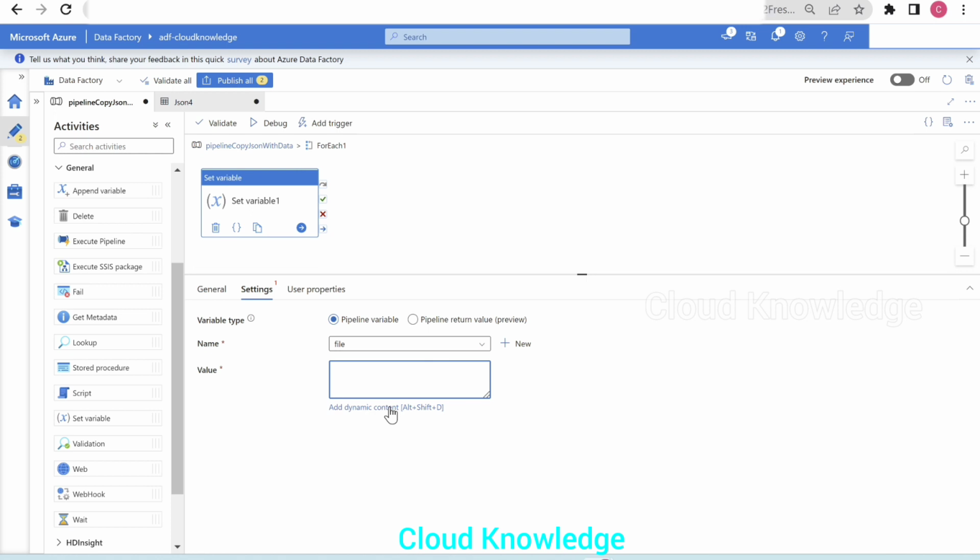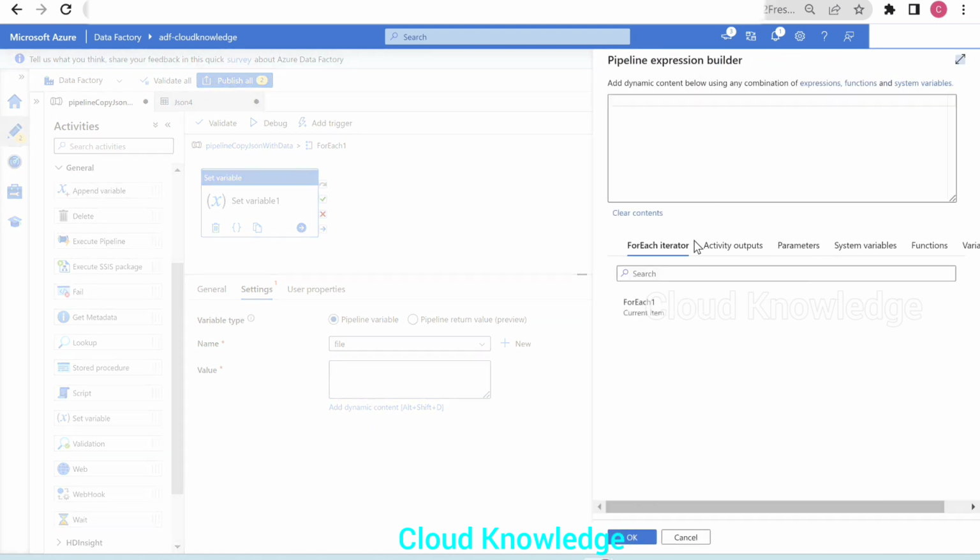Now the value. In the value of the variable, we'll click on add dynamic content, and the value will be for each current item. That is, for each of the items coming from the for each block, which in turn is coming from the get metadata activity, we have to take that item, and it will be item dot name.